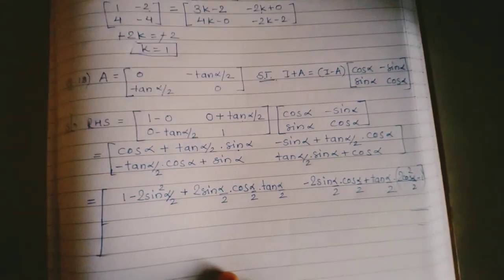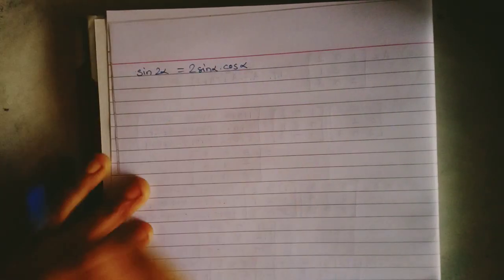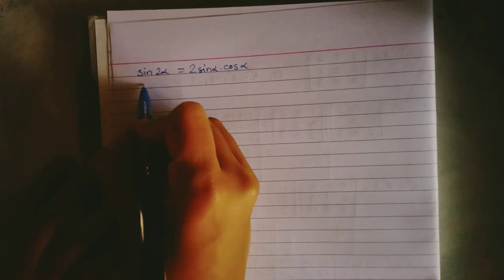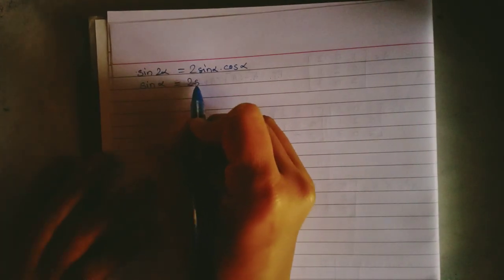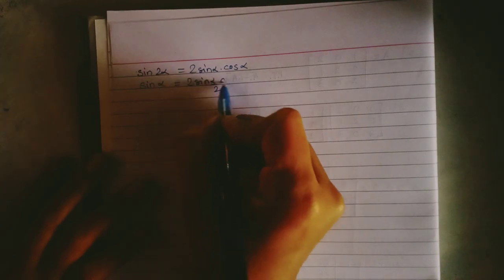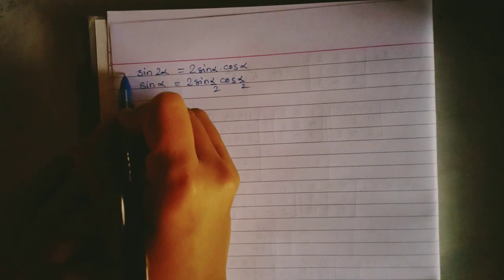I'll write here half angle formulas first. So sin 2 alpha is 2 sin alpha into cos alpha. This is your trigonometric identity, right? So when you take half angle you will get sin alpha equal to 2 sin alpha by 2 cos alpha by 2. Okay, second one is